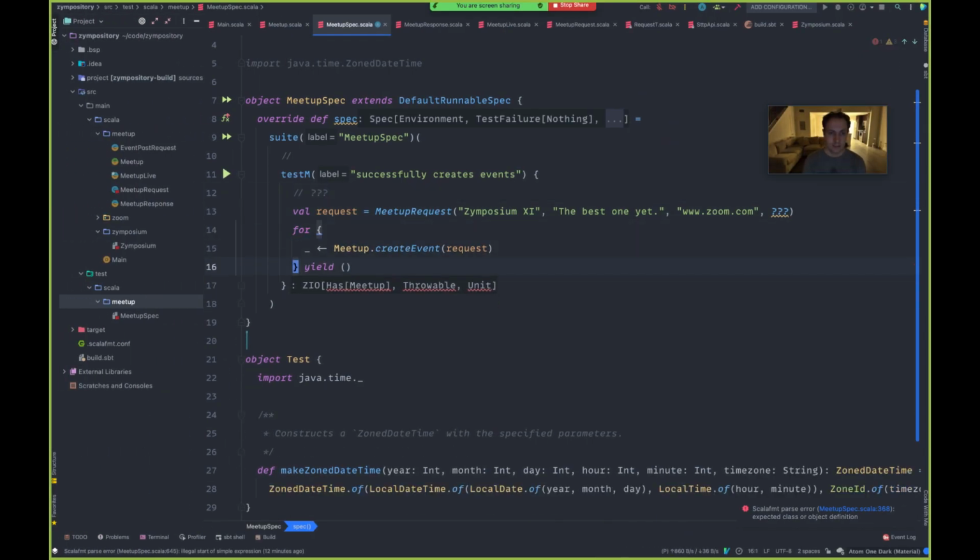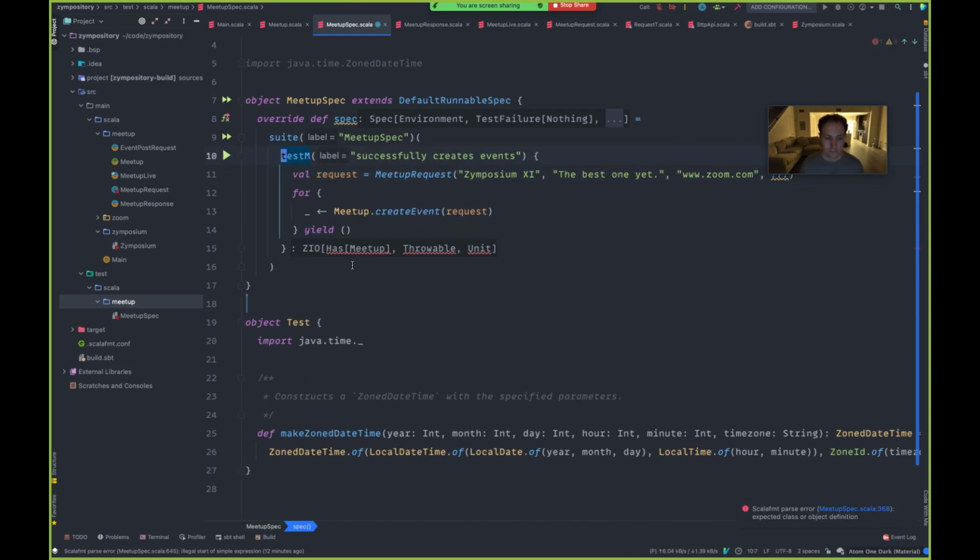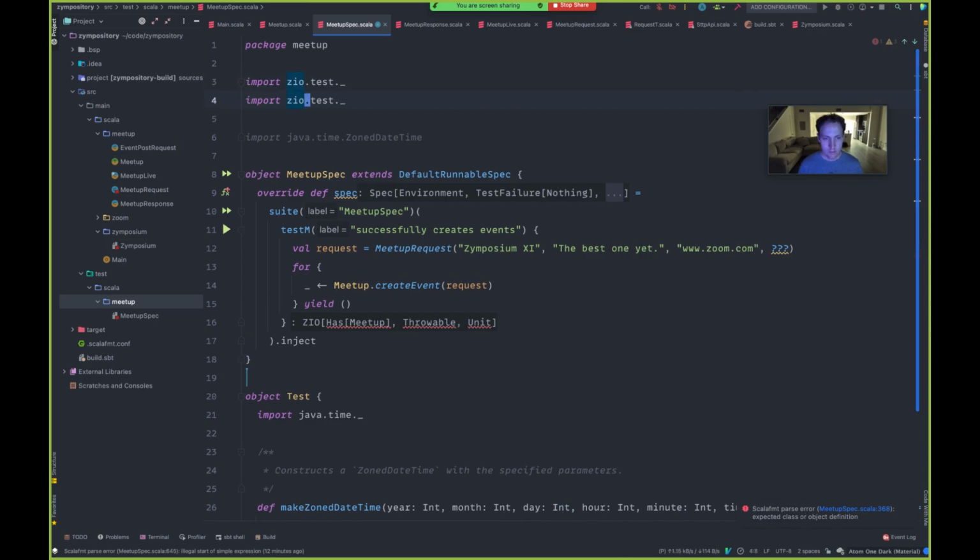I guess the last thing to do in our stub, pretending that this works, is, well, clearly it reveals a couple things, which is that right now Meetup event has no configuration at all for the user group or whatever. But the interesting thing is, instead of adding that to the request, what we could do is add that to the layer. So right now this is blowing up because we have no layer. But instead I will use ZIO.